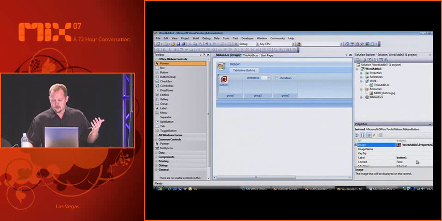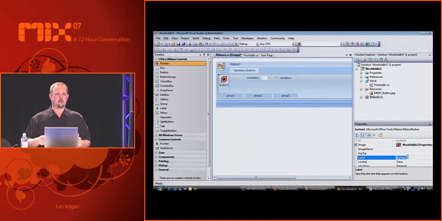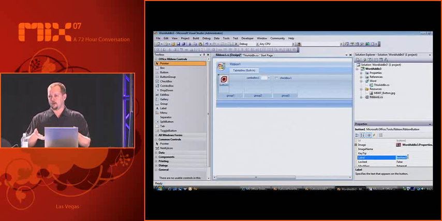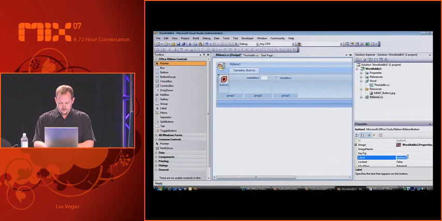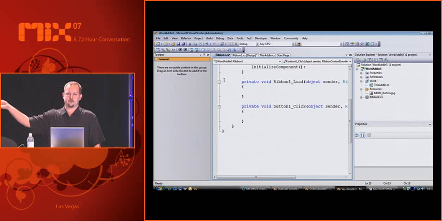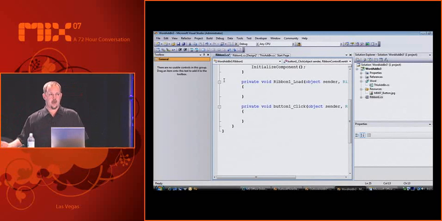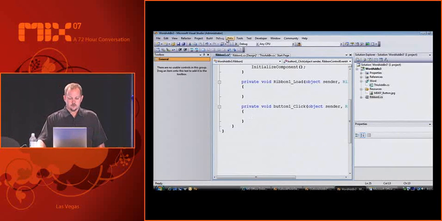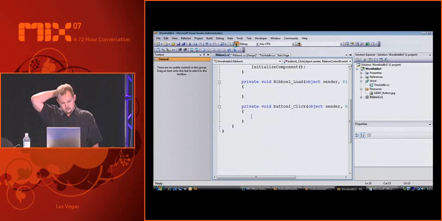I can add key tips. I can add whatever things that you would want when you think about developing a typical control. So I can say just click me. So now here's the other cool thing: now look, I just double clicked on my object and I get my callback function created for me. So I don't have to do any of this work myself anymore. So if I just fire this up,